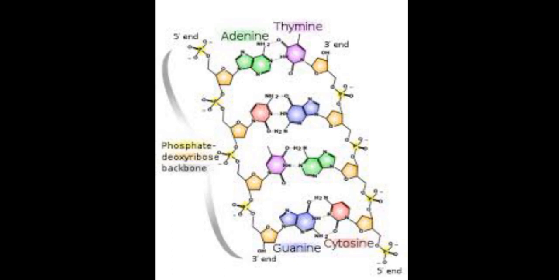See this structure. This is deoxyribose sugar. First time the 5th carbon is taking part in the bonding with phosphate, and second time the 3rd carbon is involved. Again 5th, 3rd, 5th, 3rd in this chain, and in the anti-parallel chain it is starting from the 3rd end and ending at the 5th end. On the inner side, adenine is pairing up with thymine and guanine is pairing up with cytosine.